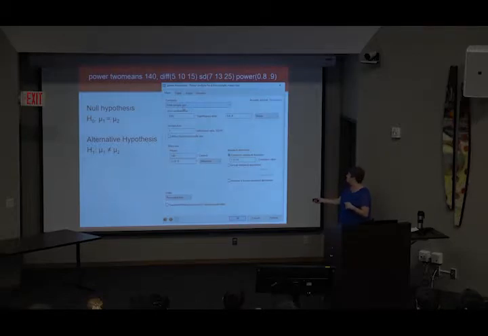Or if you know you have a given number of people, you can enter that, and then it will tell you what your power is. So all these numbers play off each other, and you can estimate any one of them. So for this, I just said, let's say it's a mean of 140, but I'm not sure what difference I want to be able to detect. Let's look at 3 different differences, a difference of 5, 10, or 15.